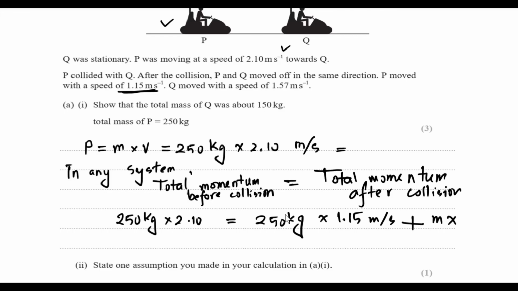Say we consider the mass of Q is M. So M into 1.57 meter per second. So M equals,